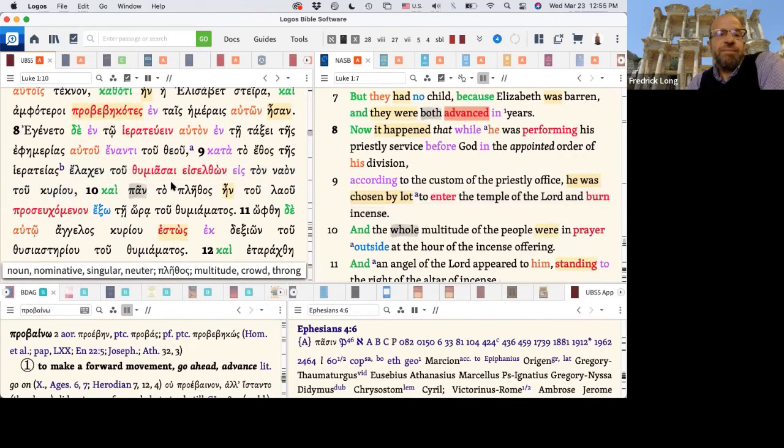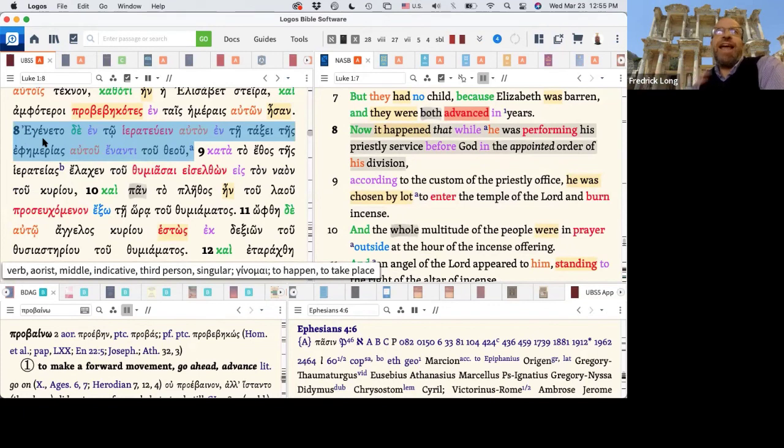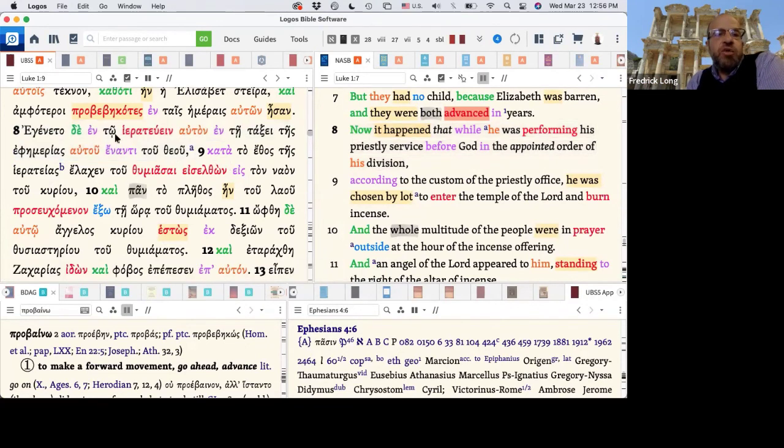All right. So I think the grammar is fairly straightforward, except for what we are looking at with egeneto. This is a way that Luke says, and it happened, and what happened. The content of what is happening is then found after that setup. So really we have, while this is a special use of the infinitive here, this is an articular infinitive working with the preposition.